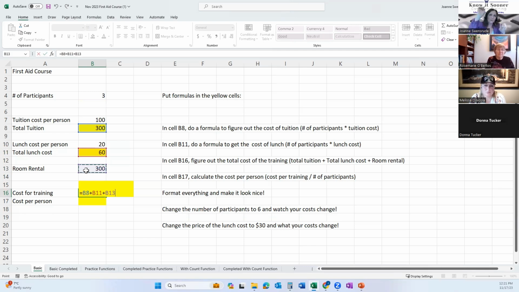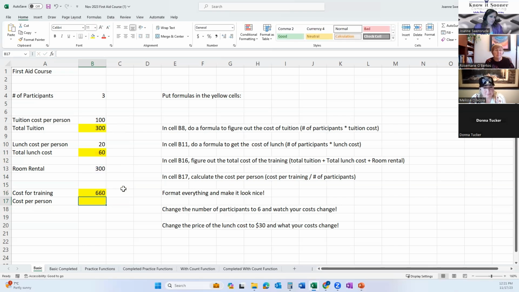You've got all these costs. You wouldn't be going equals this plus this plus this plus this plus this plus this. You could simply put those in a separate column. You have 16,000 columns. You can afford to use a different column. And then this would be a little bit of a different calculation. But just for simplicity today, it's the 300 plus the 60 plus the 300. Works great. And we can see up here, like we said before, we can click on it and look. Cost per person, so it's $660.